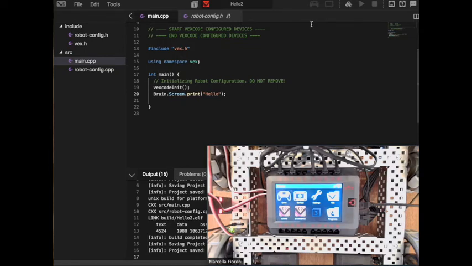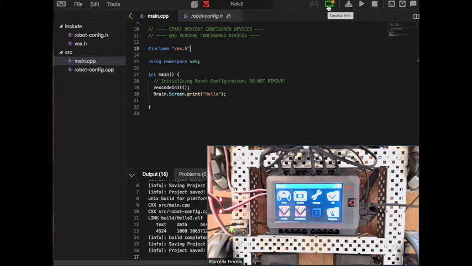So what I'm going to do is plug the USB in on my laptop side, and I should see. Not sure why I'm having an issue here. Just give me a moment. There we go. Okay, so once it's connected, I can see that a download button appeared, and also this